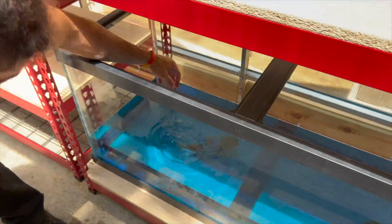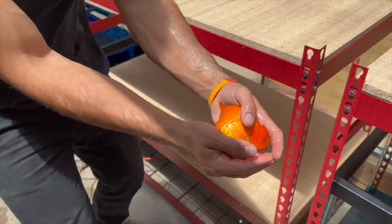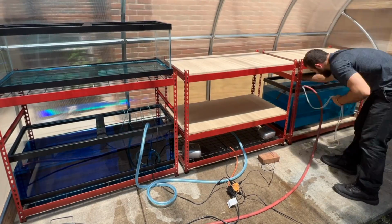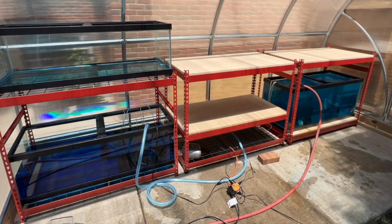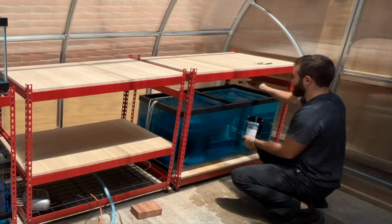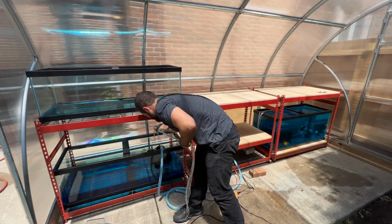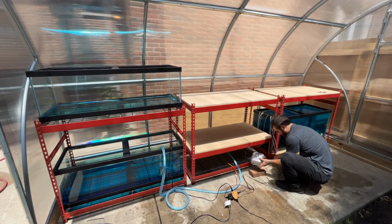I'm not going to have to use as much salt. I'm not going to have to use as much methylene blue or whatever other medication and treatments I'm going to have to do to rid them of any and all potential parasites. So after I got some of the water in there, I topped it off with fresh water because I got to do my daily water changes on them, and then I redosed the salt, and then I got back to work. I redid all the airline tubing from the original 60-gallon tanks back into the 75-gallon tank,